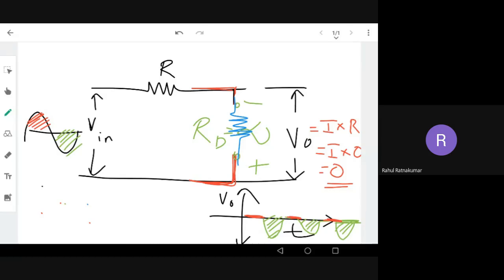So then there will be some drop, which is like 0.6 or 0.7. Then the waveform slightly changes like this. There is a slight drop here. On the top and bottom waveform, you can see there is a slight drop. Diode drop is coming in. This happens when I'm using a real diode representation, right? So your slight drop is coming, the resistance drop, because right now my diode is no more ideal. Okay, so leave that part.